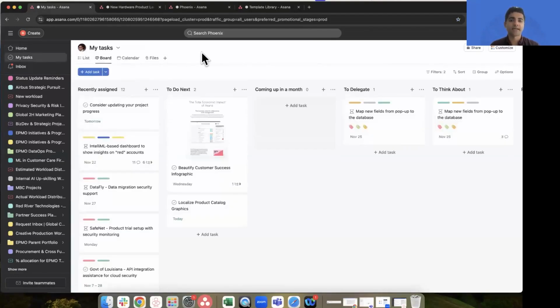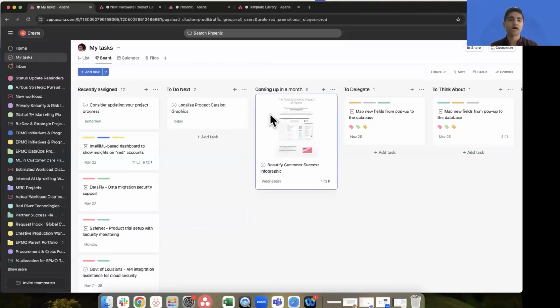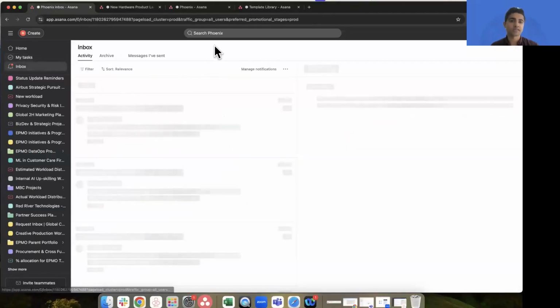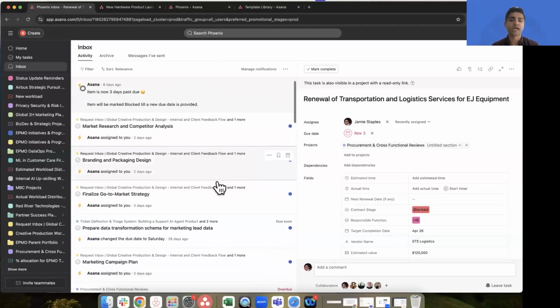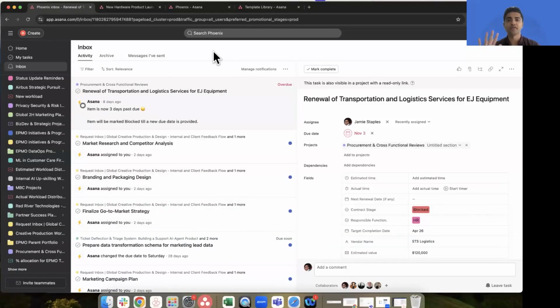We've got a My Tasks, which allows you to organize work in the way that makes the most sense to you. And then we've got an inbox where whenever there are updates, conversations, either by real people, by AI, which we'll get to a little bit in the near term, you can see all those updates just in one place. And so it really helps keep you up to date on everything that's going on around your work.